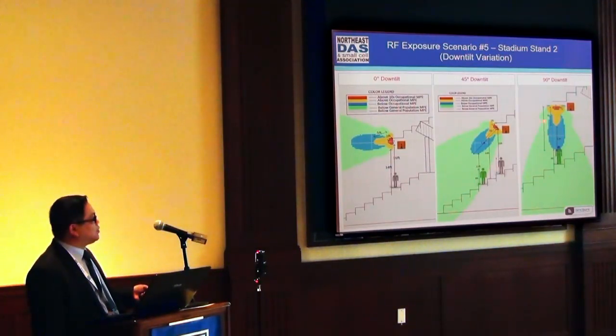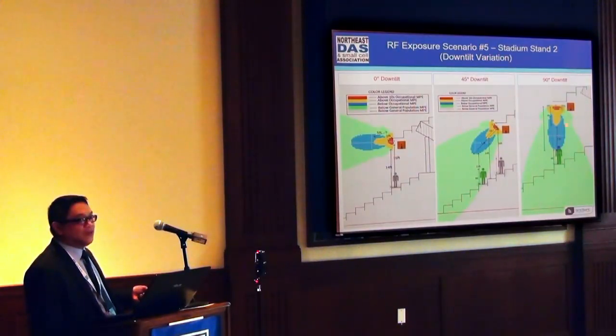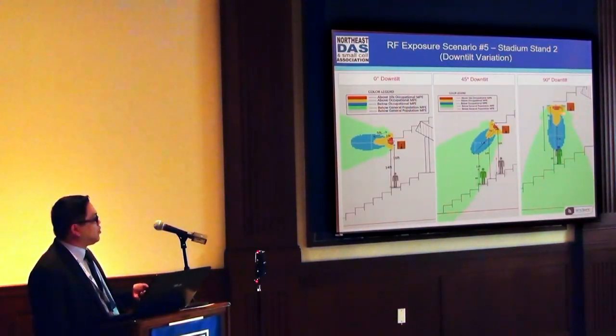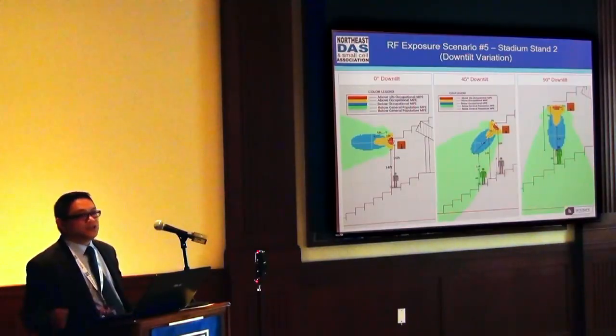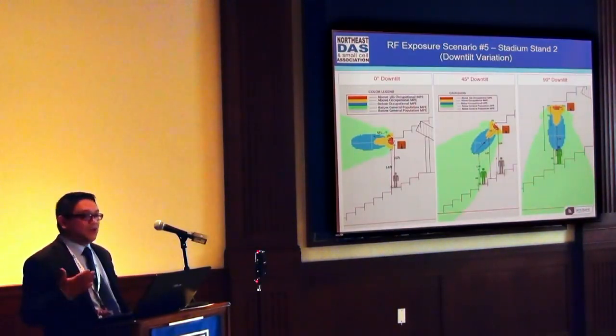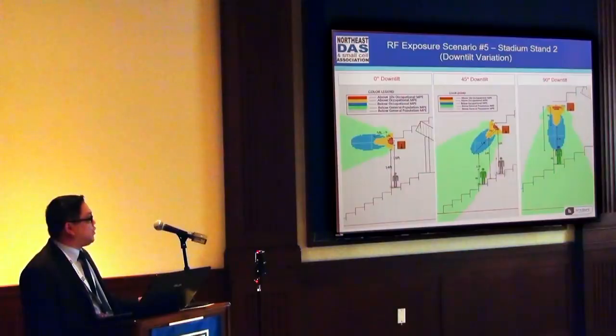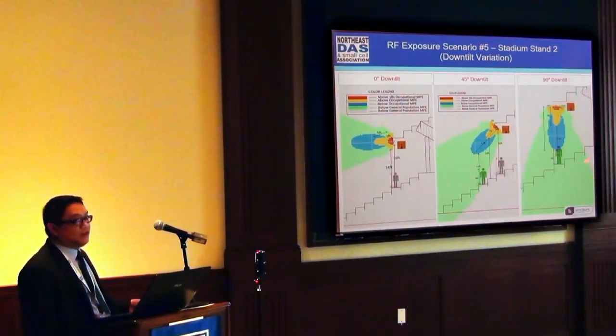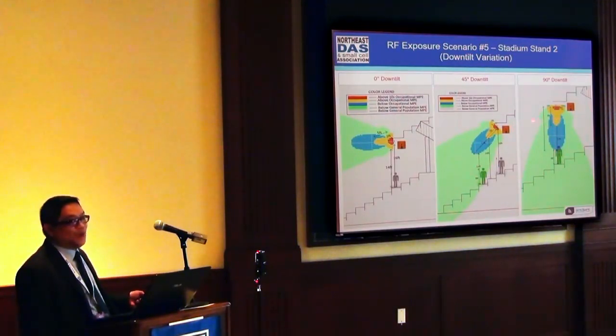And when you lower your power to comply, guess what? Your signal levels might not be at the right levels as well. If you're trying to overcome macro in a stadium environment, you may not have enough RF to actually overcome the macro as well. So again, in most cases, this is not considered, but we've seen some of the deployments out there, and when we started doing the analysis, we actually saw that there are cases where this actually fails. And nobody's actually aware of that, because nobody's actually looking at it.